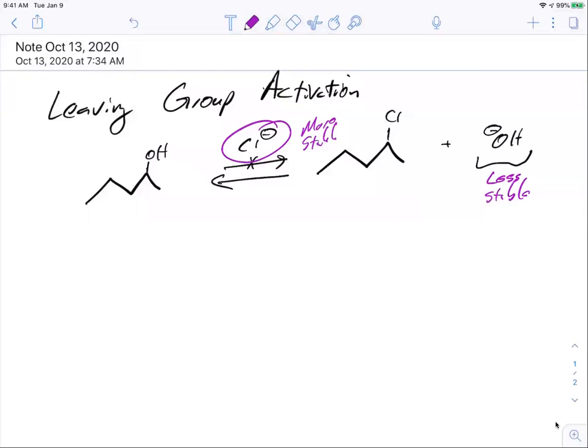So if I wanted to do this reaction, what I need to do is make the alcohol a better leaving group. And I can do that in a few fashions. One is to react it and turn it into an acid, react it with an acid. So if I react it with HCl,